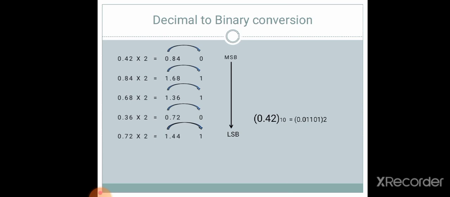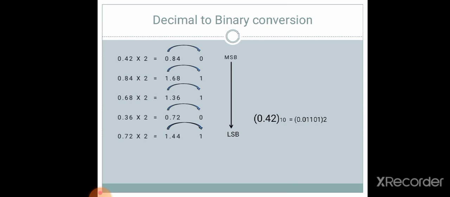So for a decimal number, for an integer number, you have to divide with base 2 and your MSB will appear at the bottom side, and you have to copy the answer from bottom to top, that is MSB to LSB. For a fractional number, for conversion you have to multiply with number 2. Your MSB will appear at the top and you have to copy your answer from MSB to LSB.